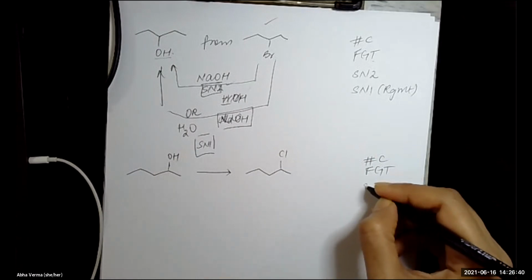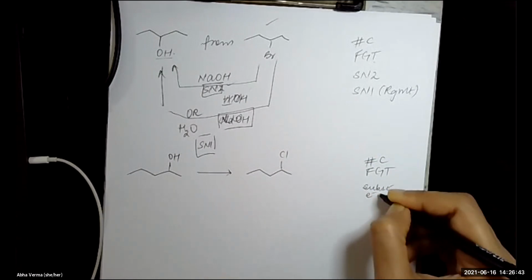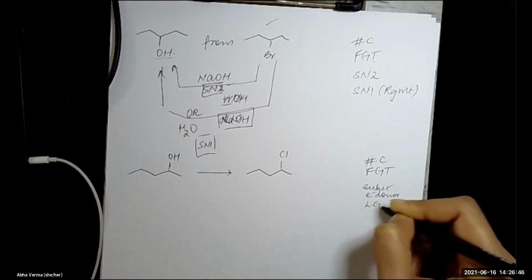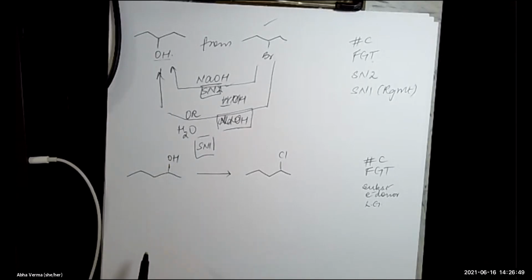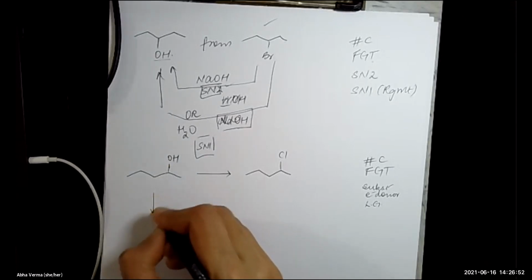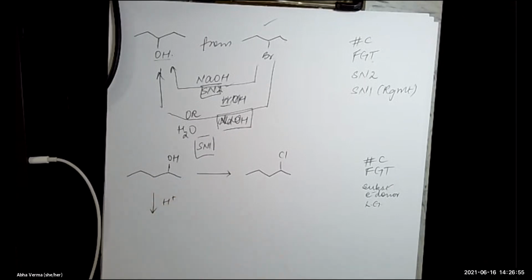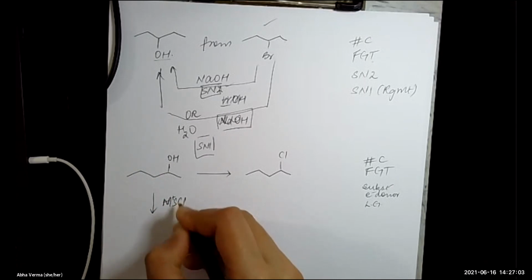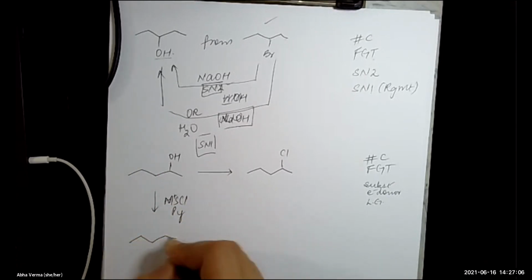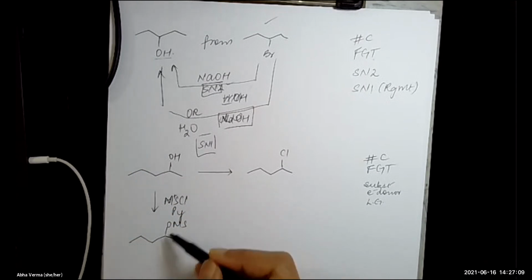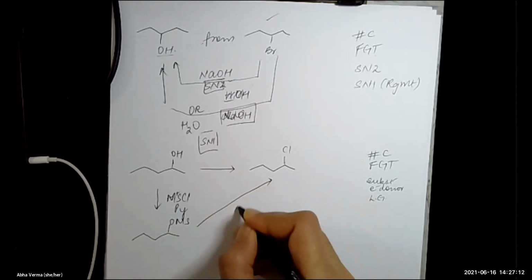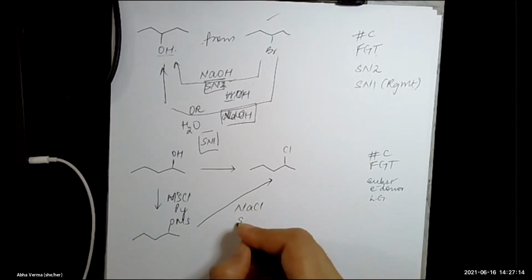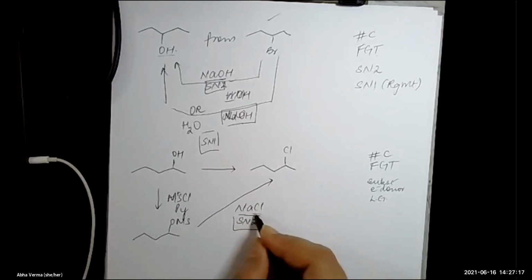However, if you look at your substrate, your electron donor, your leaving group, is your OH a good leaving group? No. So you have to introduce a good leaving group. And if you use the protic part, you may rearrange your material. So I'm going to stick to MsCl, pyridine. OMs. Now I have a good leaving group. I can just use my SN2 reaction